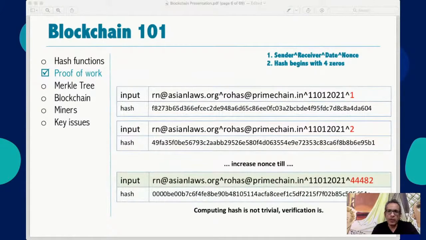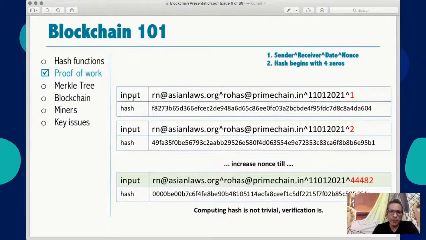Okay. Now we come to one of the most important concepts, which is what we call proof of work. In fact, this is the innovation that was done to make Bitcoin a reality. Now, proof of work was invented somewhere in the early 1990s, actually as a way of controlling spam email. But because Bitcoin's blockchain runs on proof of work, in fact, even Ethereum runs on that, it is very important for us to understand exactly how proof of work works.